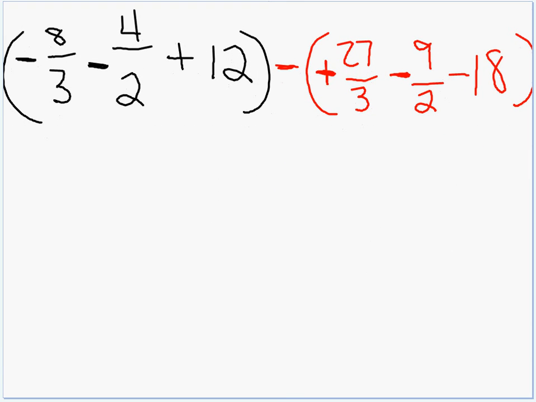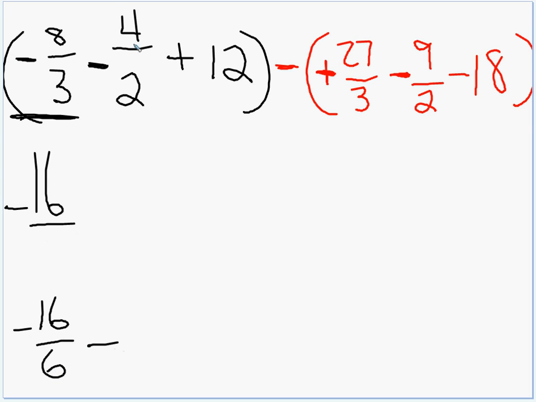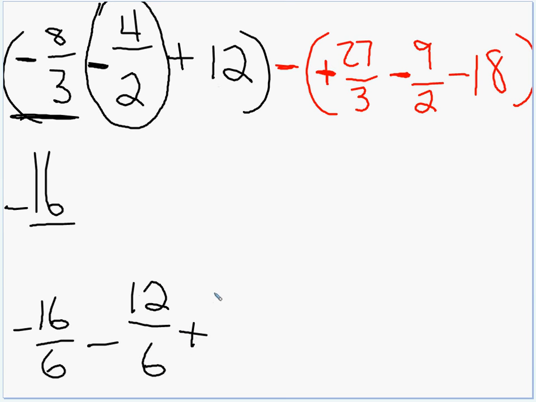Let's see. And I'm going to do this like this. Let's get some denominator 6's. So this term will be a negative, I'm going to move this down here, -16/6 minus, well, let's do this. 4 over 2 is 2, so this is a -2, plus 12. That becomes a 10. Well, no, let's just keep doing it this way. Minus 12/6 plus 12 is